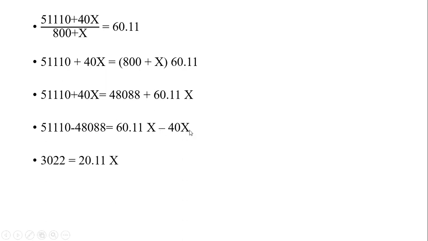Then to do the summation, this sum accounts for 3022, whereas this sum, that is 60.11 minus 40, is 20.11. Now X will be equal to 3022 upon 20.11. So that is equal to 150.27 square kilometers. Okay, so roundabout the answer is 150 square kilometer, and we have to assume that whatever value of total area is given in the example itself was given by mistake. So in this way, you will get the magnitude as 150.27 square kilometer.